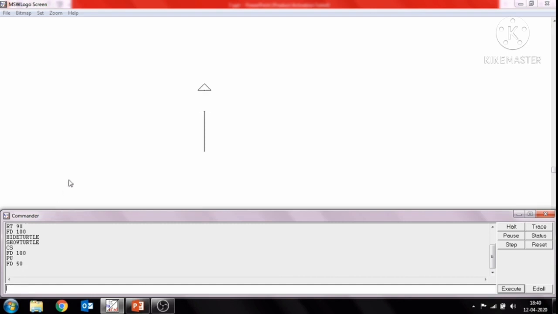So here no line is present on the screen. The turtle moves without a line. Again we give forward command FD 50. So the line is not drawn on the screen.